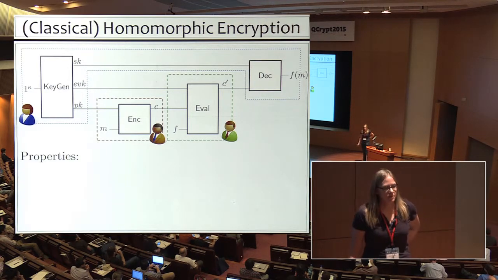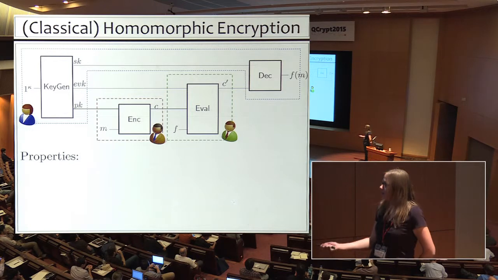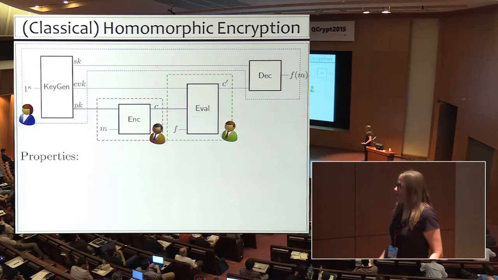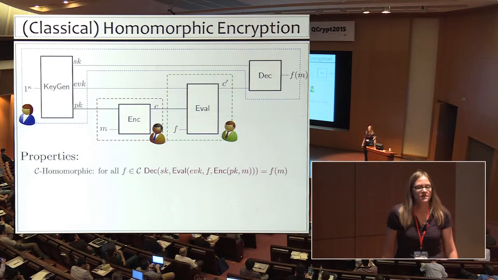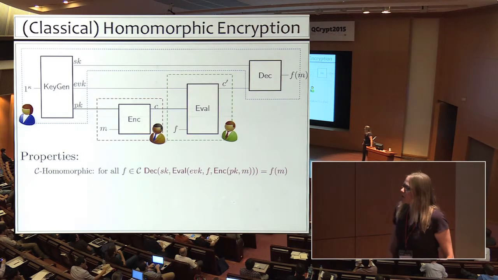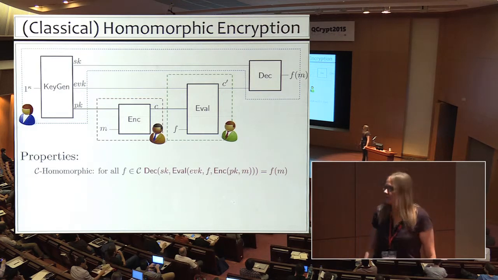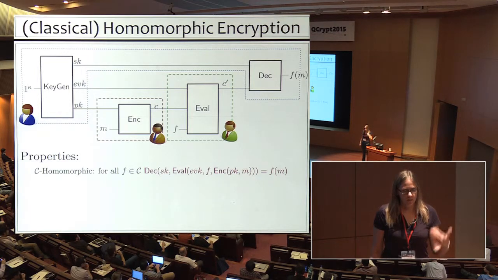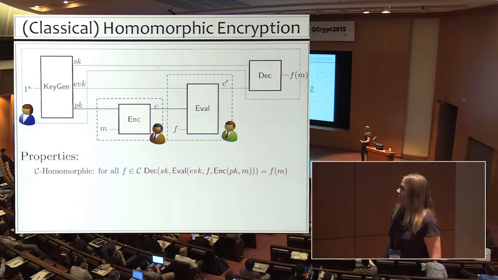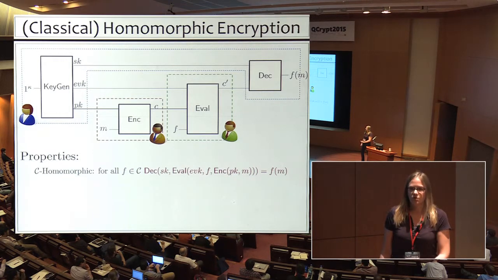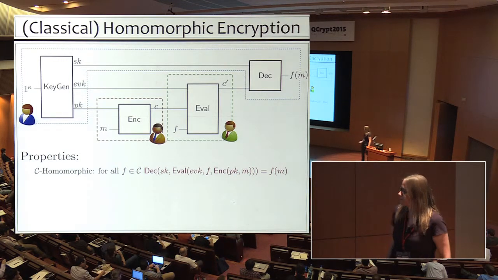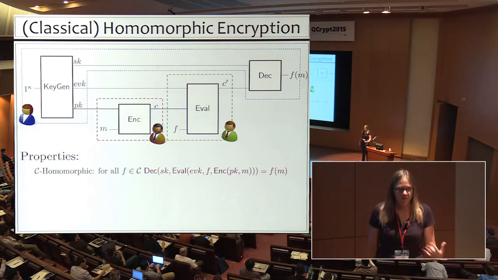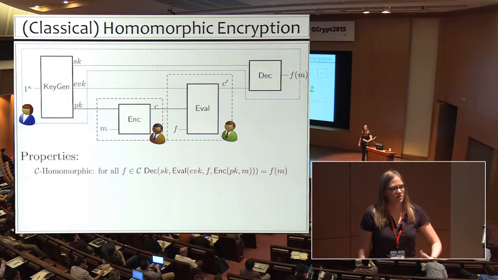And we would like such a scheme to have certain properties. So we would like that it actually is homomorphic for some function, so it should have some kind of correctness. So we say that a homomorphic encryption scheme is C homomorphic, where C is some set of classical circuits, if for every circuit f in C, we can homomorphically apply f. So that means that if Charlie inputs f into the evaluation procedure, when Alice decrypts, she actually gets f of m. And so before, for instance, the first fully homomorphic encryption scheme, there were homomorphic encryption schemes that only worked for some limited classes of circuits, like circuits of low depth.